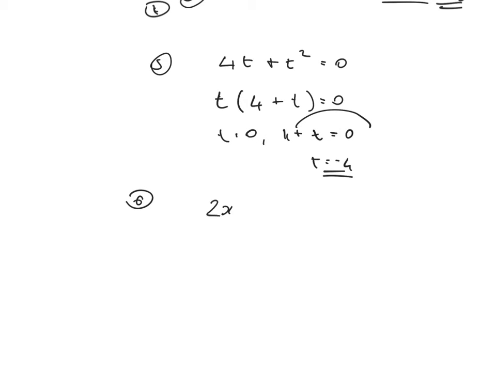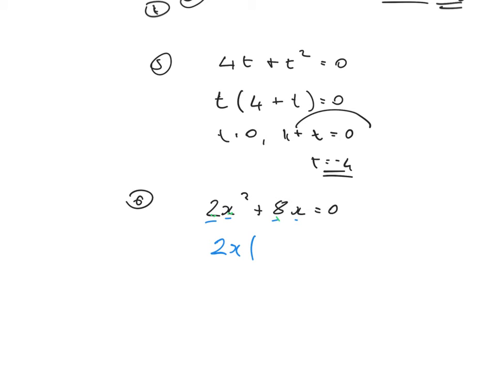Example 6. 2x squared plus 8x equals 0. Okay, what's my highest common factor this time? Well, I can take more than x. I can also take, from 2 and 8, I can take 2. So I take 2, but I also take x. So that's taking the highest common factor. You take as much as possible, so you take the number bit and you take the letter bit. From 2 and 8 I can take 2, and from x squared and x I can take x,